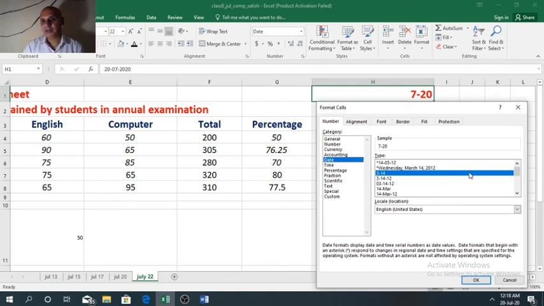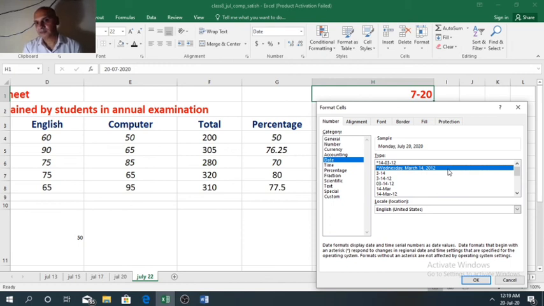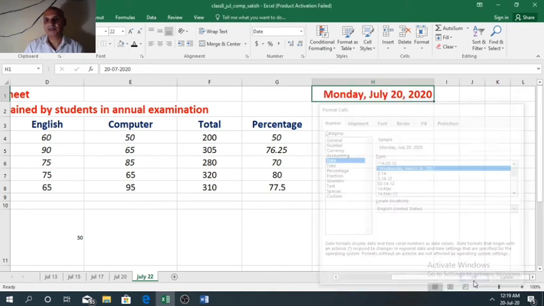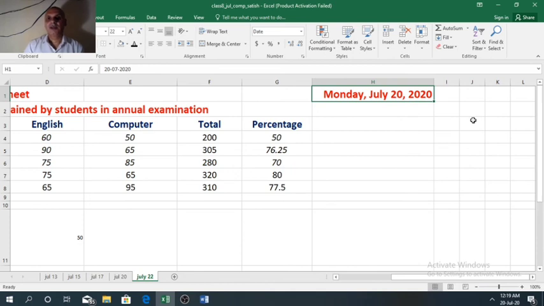On the right side in the type dialog box, many types are provided here. So you can choose any type of your choice. Suppose we want to display the name of the day along with date, then select. Now you can see Monday, July 20, 2020.